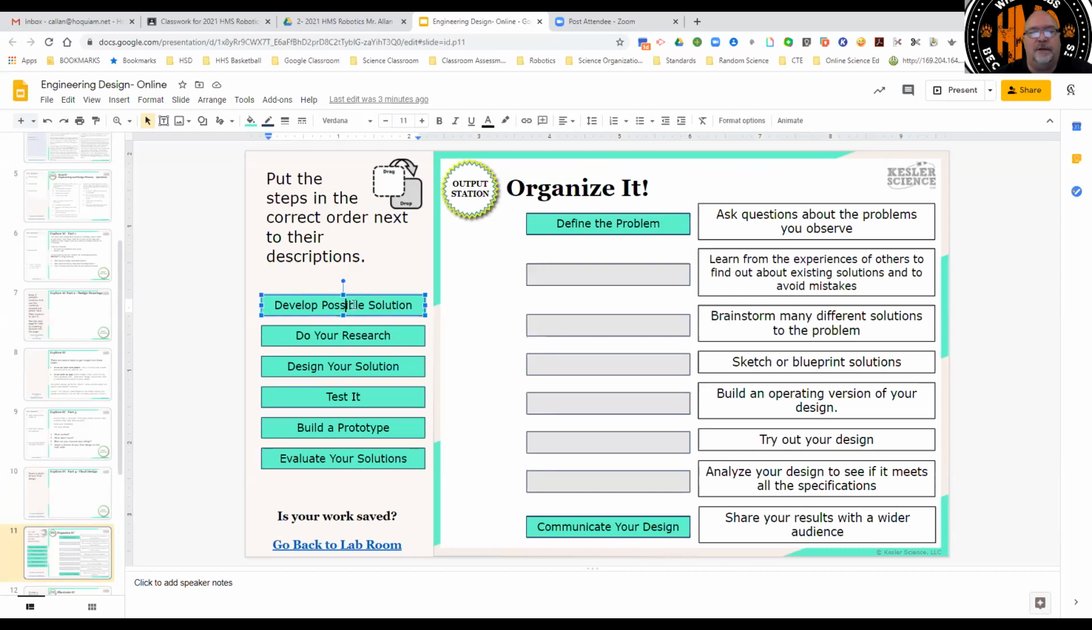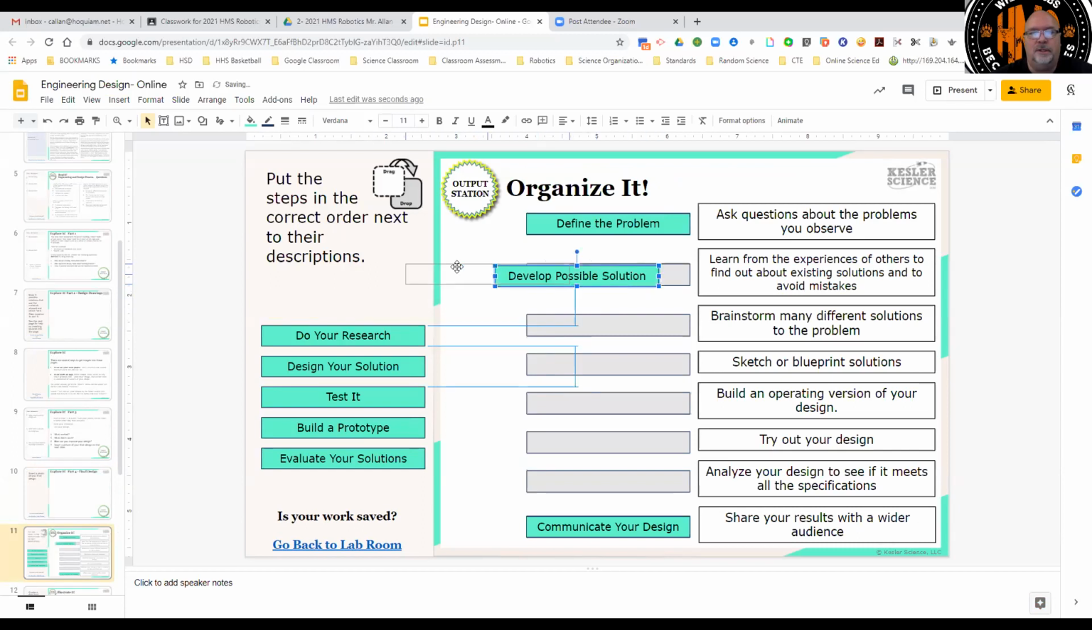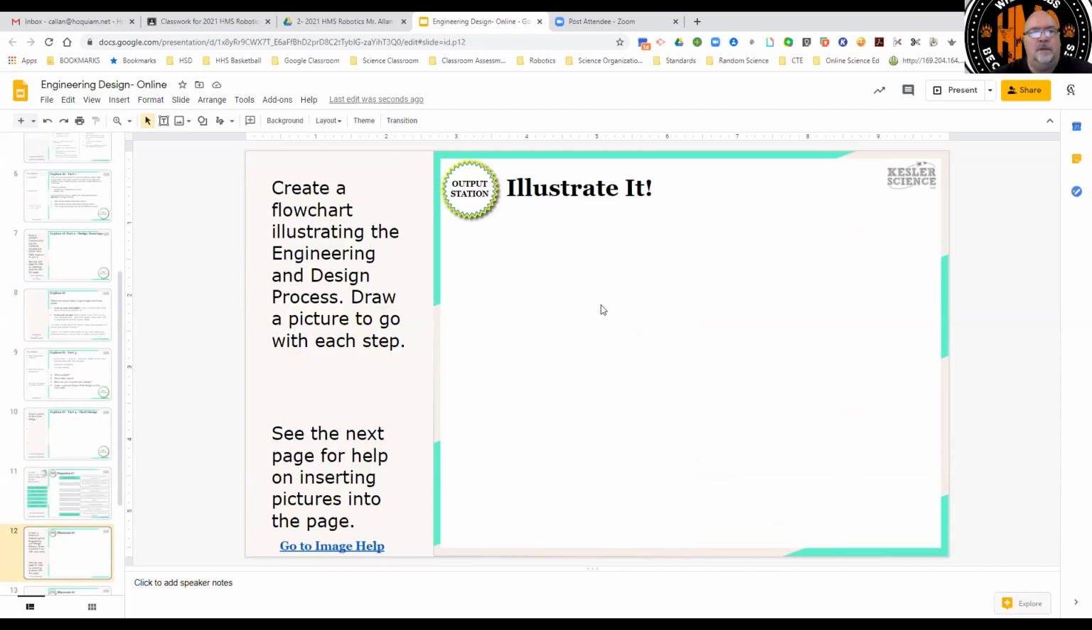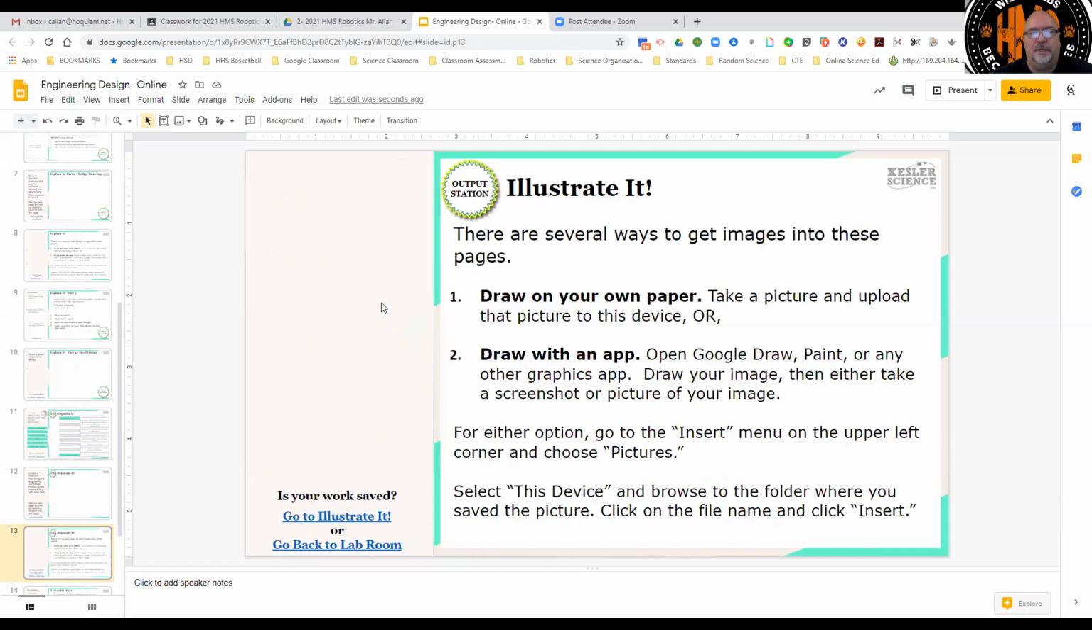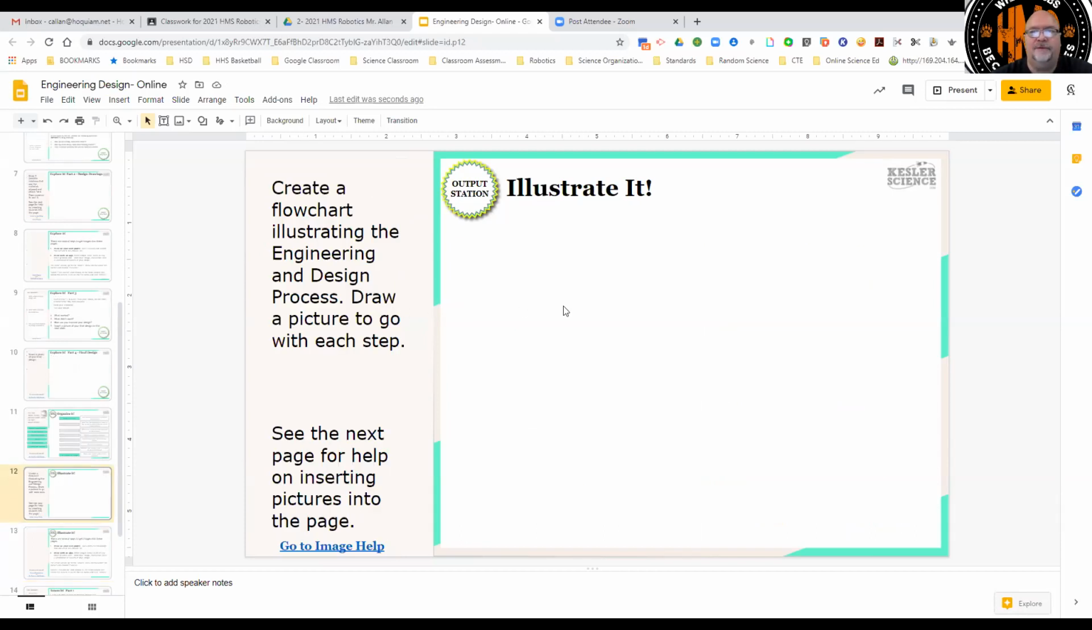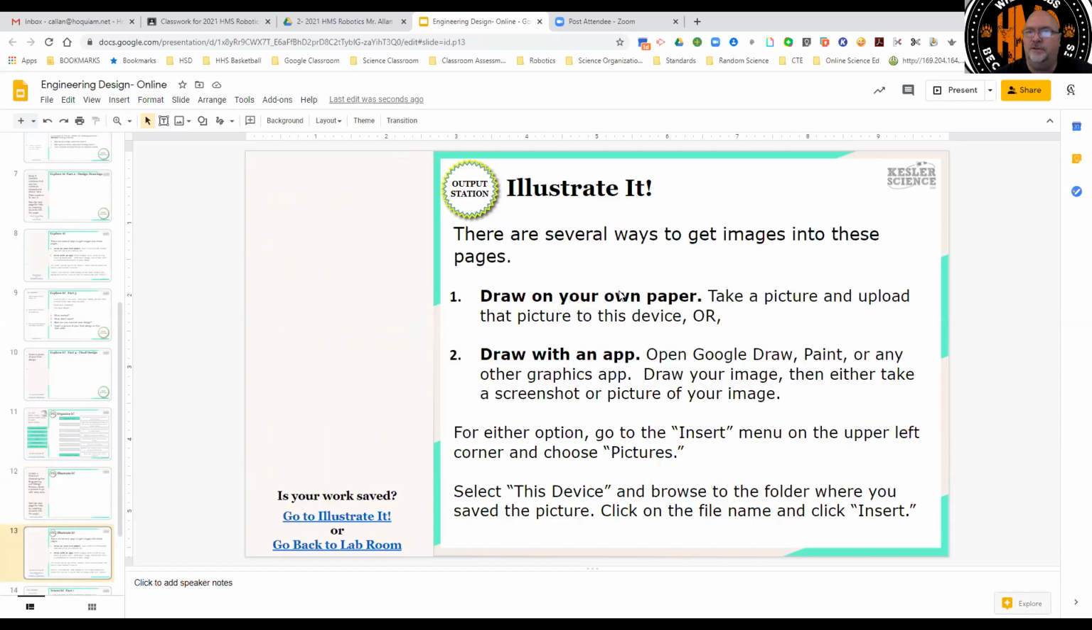Here's drag and click. Again, we get on here and we can drag and click certain items into the right order. We want to organize these into the right order, and here is what we're trying to match with. Put the steps in the correct order next to their descriptions. Create a flow chart using the engineering design process. Draw a picture to go with each step. A flow chart representative is similar to this, but I will put it into your Nearpod exercise that you'll watch in another section